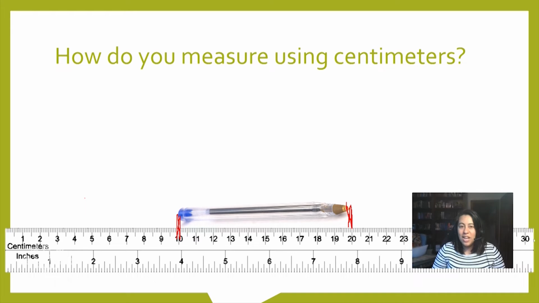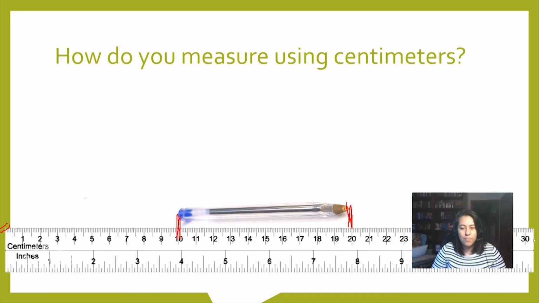So, a lot of times in my second grade class, a lot of people will think that the pen is 20 centimeters long because the end of it is at the 20 centimeter mark. But one thing that's really important to remember is that this time we're not starting at the end of the ruler. So just like on a number line, if we're not starting at 0, then that full 20 isn't how long the pen is. If you also think back to when we estimated, the pen didn't look that much longer than the Pokemon card, and 9 and 20 are a little far apart on the number line and on the ruler.